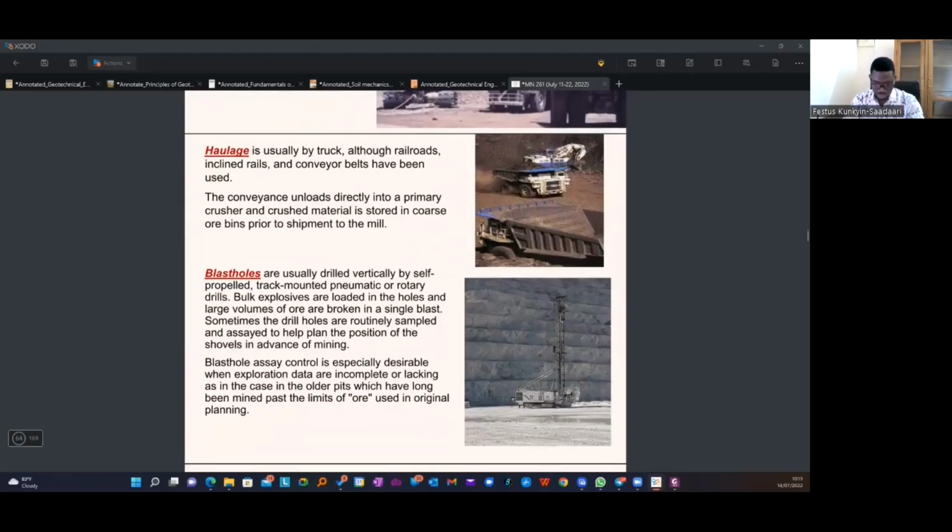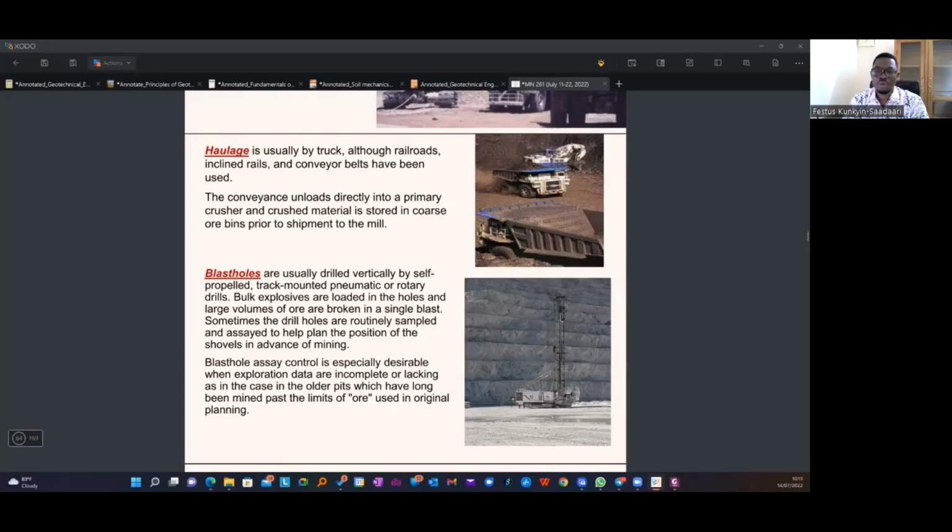Haulage. So in terms of haulage, what happens? Haulage is usually by truck, although railroads, inclined rails, and conveyor belts have been used. Conveyance unloads directly into the primary crusher, and crushed material is stored in coarse ore bins prior to shipment to the mill. So in some companies, in open pit mines, usually we use trucks as our main